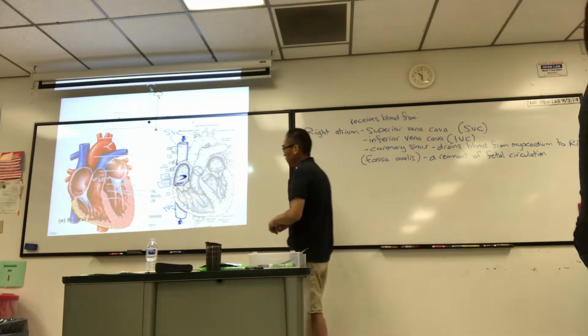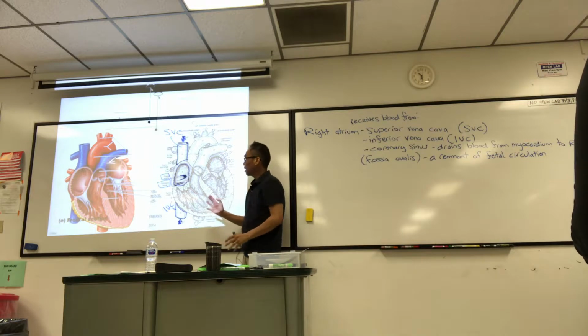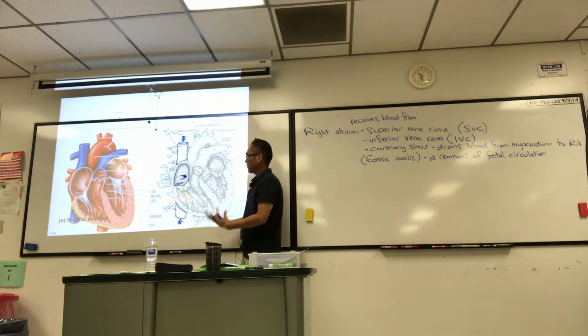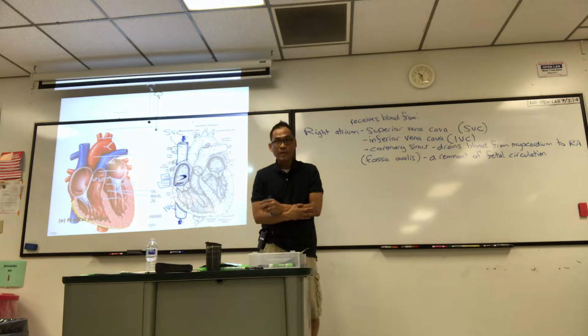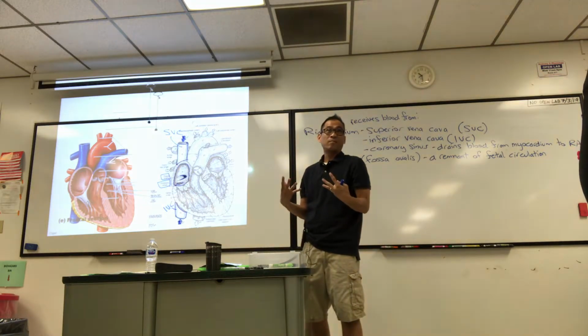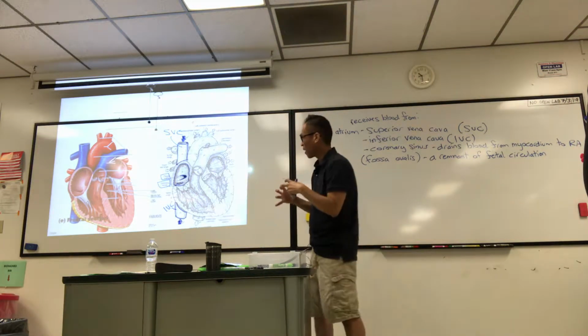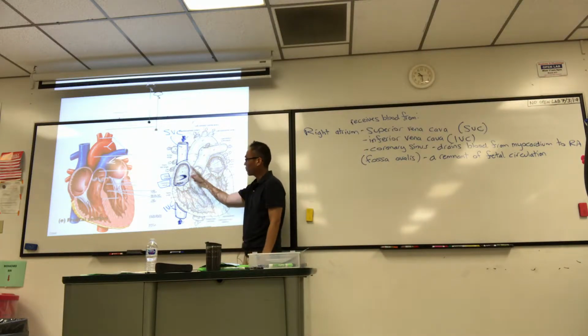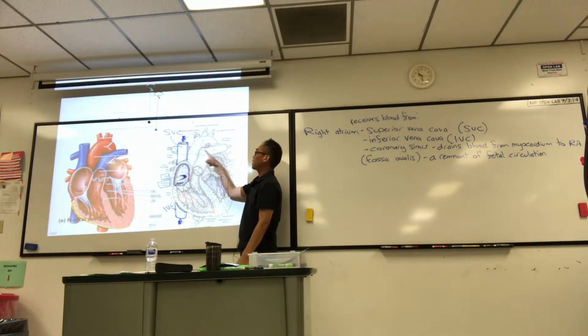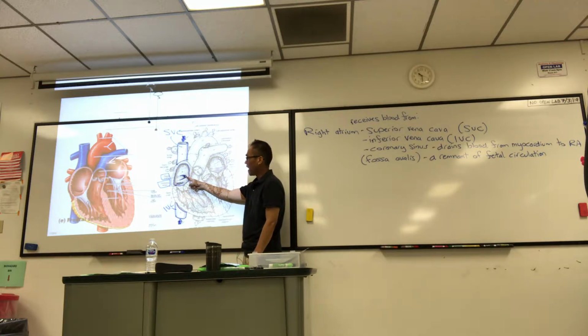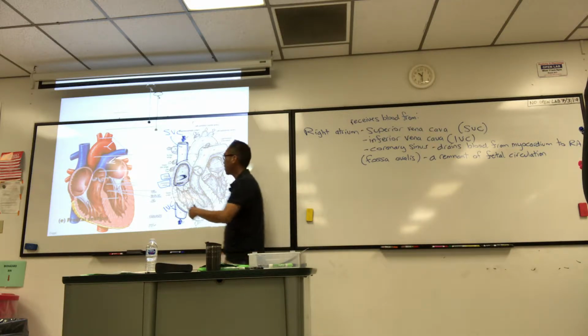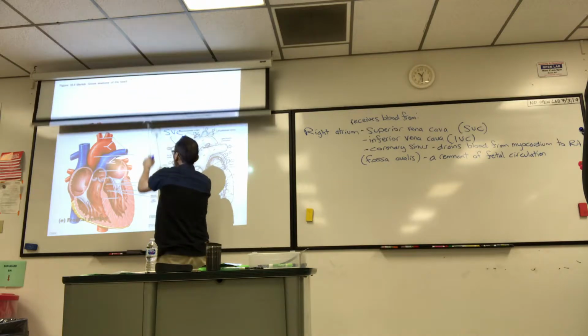Just to kind of give you a preview of fetal circulation. In fetal circulation, blood travels differently. The baby's not even breathing, and so the lungs are filled with fluid, and so the pressure changes are different for the right heart. It turns out in fetal circulation, blood can flow from the right atrium directly to the left atrium through that valve. The fossa ovalis is more like a valve in fetal circulation, straight from here to there, and therefore you bypass the lungs because you're not really using them because the baby's not breathing. But notice when I taught the adult circulation, go back a slide,